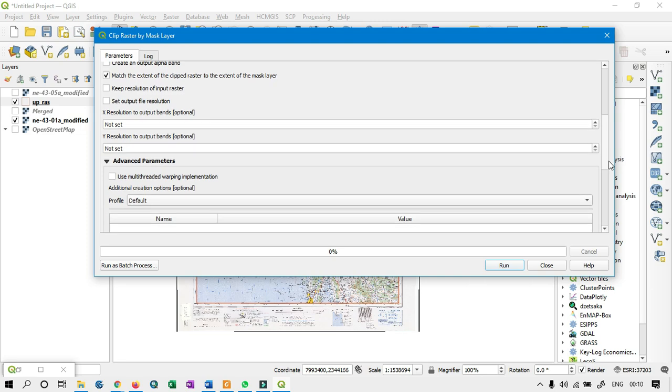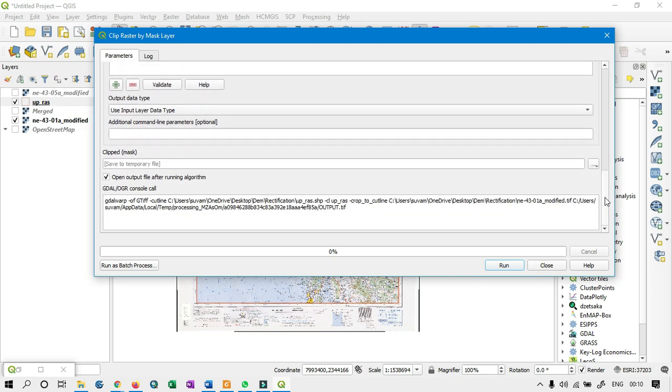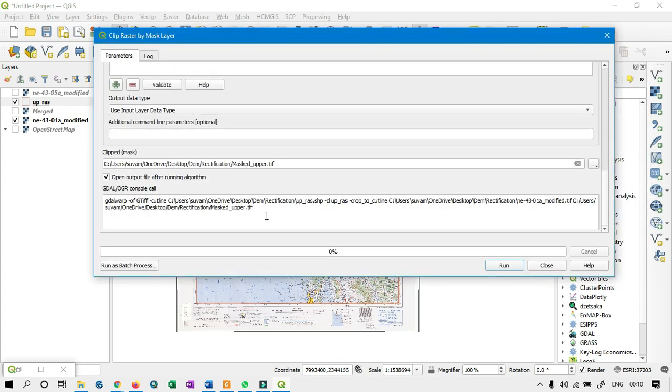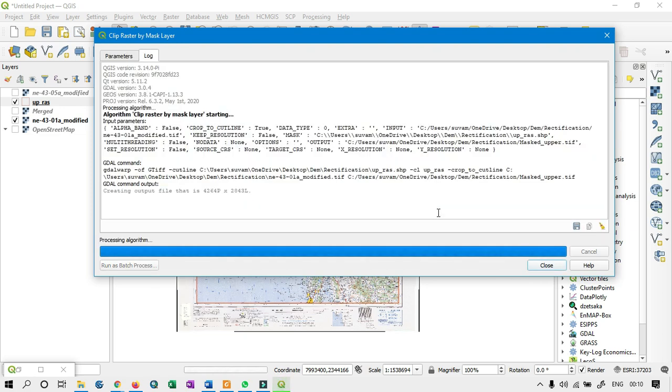default. And now I am going to save this layer as masked upper. And just run the processing.